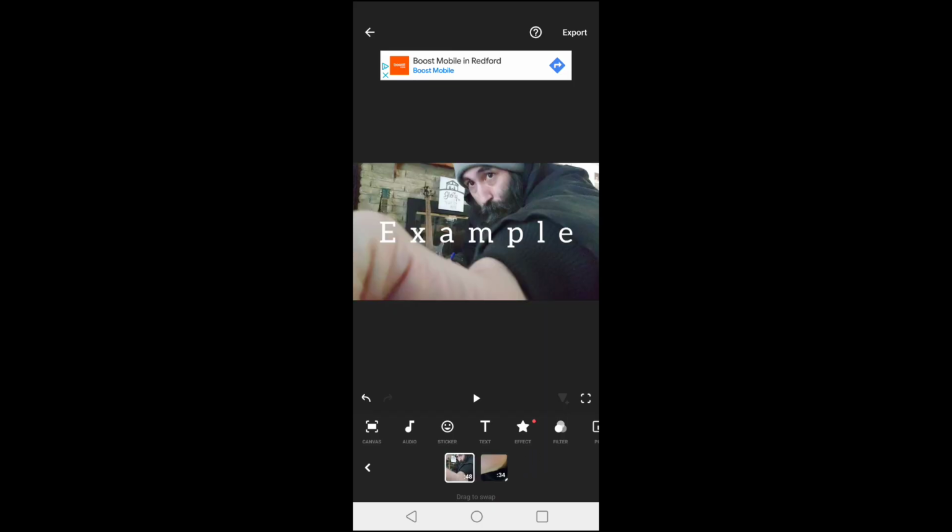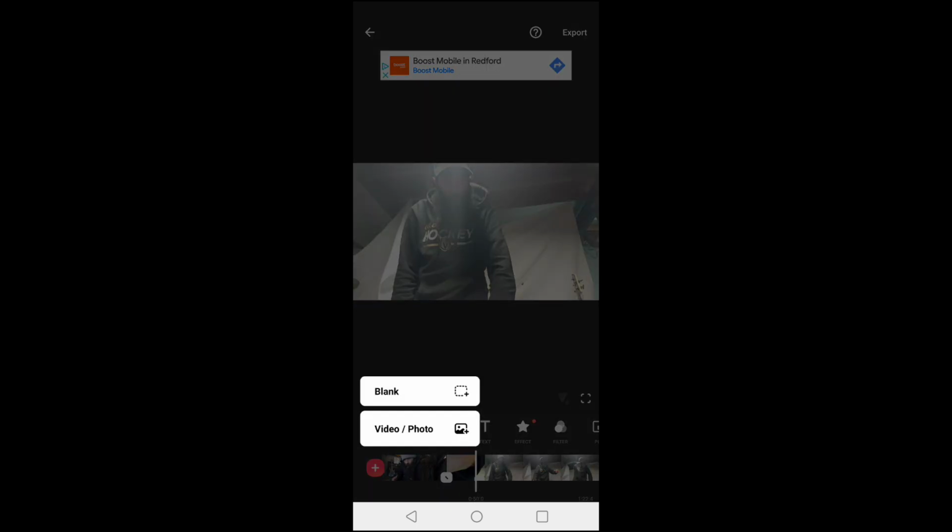Now, oops, I brought it in before instead of after. See, it's not where I want it to be. So I held down on it. This pops up. Now I'm going to hold down on the one on the left and bring it over to the right. Drag it over. Boom. Now, that's how I want that. I'm going to click on the one on the right because I'm about to do something else. So I'm going to click on it again. This comes up. I'm going to move it a little forward. Now I'm going to add another